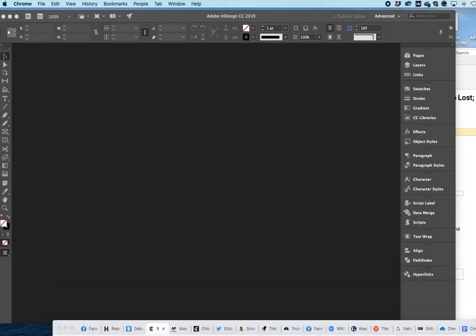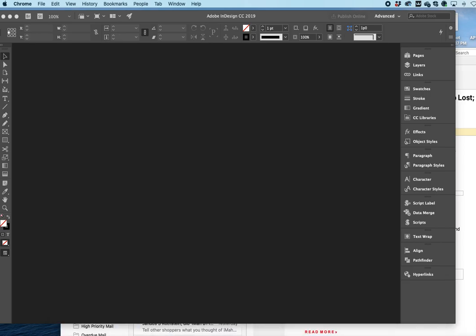The one thing I should say is that computers get better every year, but one place where print has still surpassed them is with resolution. A lot of times an image that looks fine on screen will look a little bit rough or pixelated when you put it in print. We're not going to print these out, so that's not a concern, but it's just something to be aware of.